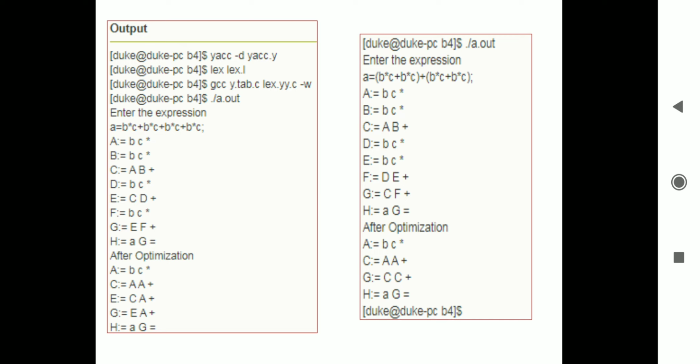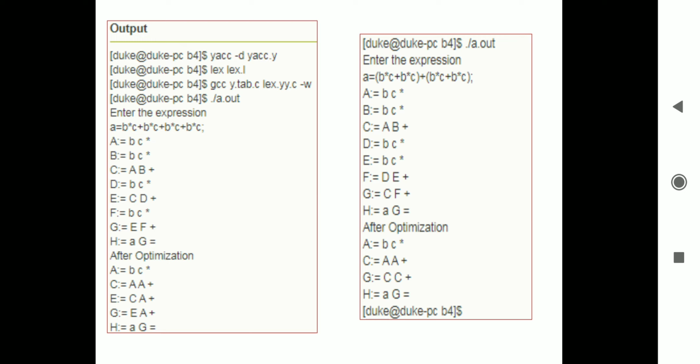Here we are going to create two files, a Lex file and a Yacc file. Everyone knows how to write a Lex file and a Yacc file. Both the Lex program and the Yacc program contain the same structure. It consists of three sections.